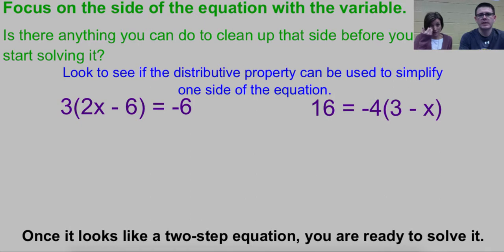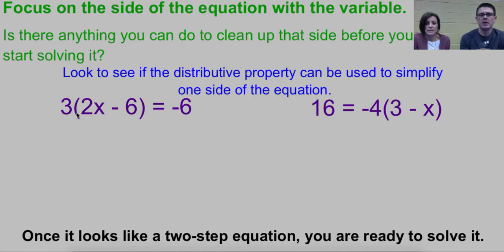So this one is kind of combining together all the different things we've learned from our expressions unit and now into equations. We're kind of mixing everything together. So our key is to focus on the side of the equation with the variable. That's going to drive everything you do. And our first step is, is there anything we can do to clean up that side before we're ready to start